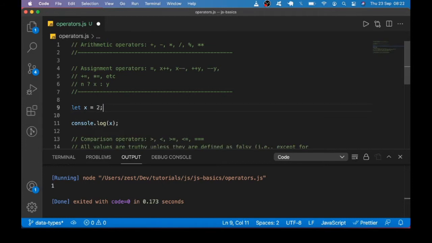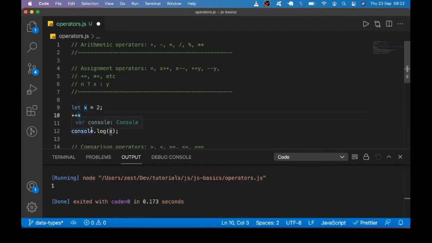We have another variant of this, which is ++x. The difference here is that if you were to make use of x, the value of x when you do ++x will be increased before you make use of x. I will actually explain this with